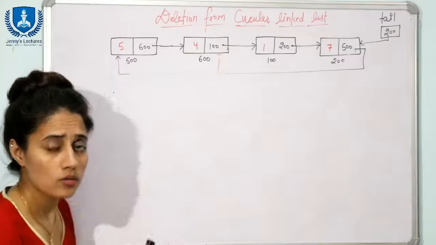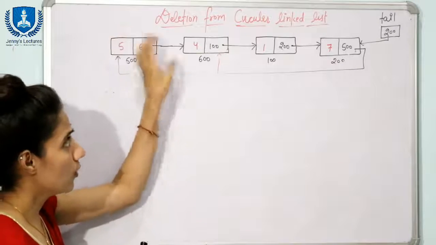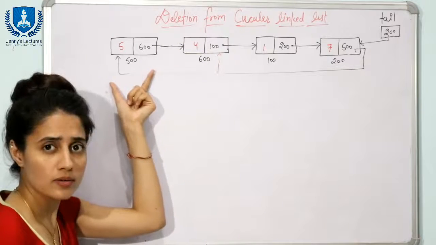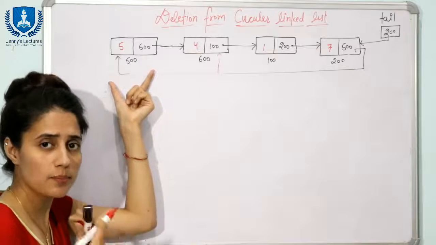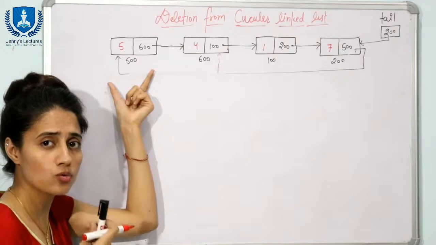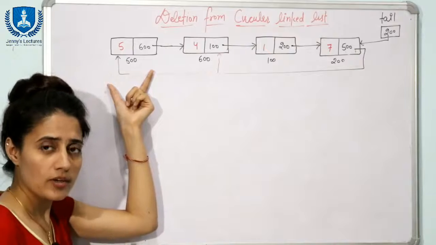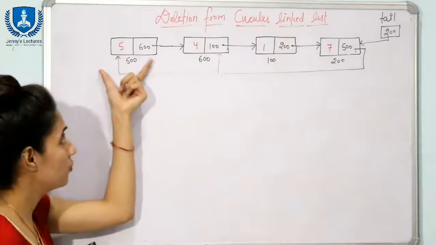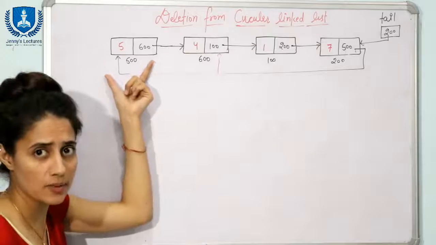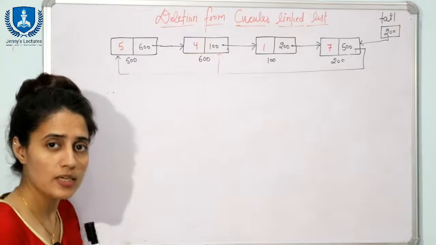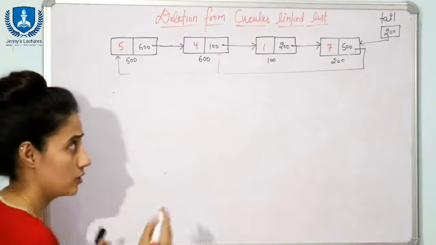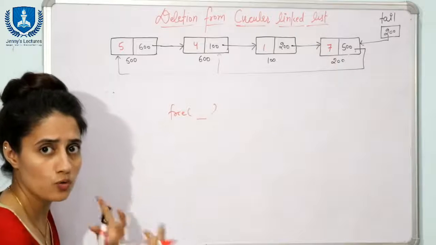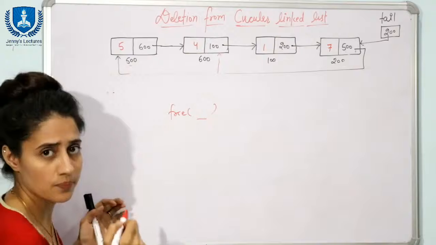Now this is not done, although we have detached this node from the list, right? But you have to free this memory. Memory is still allocated to this node, and we cannot leave it like this, because memory is a very crucial resource in our system. So you have to free this memory, you have to clean this garbage, right? So how can you free that memory? In C we are using what? The free function, right? And in the free function we are going to pass what? The address of the memory you want to free, that is 500, right?